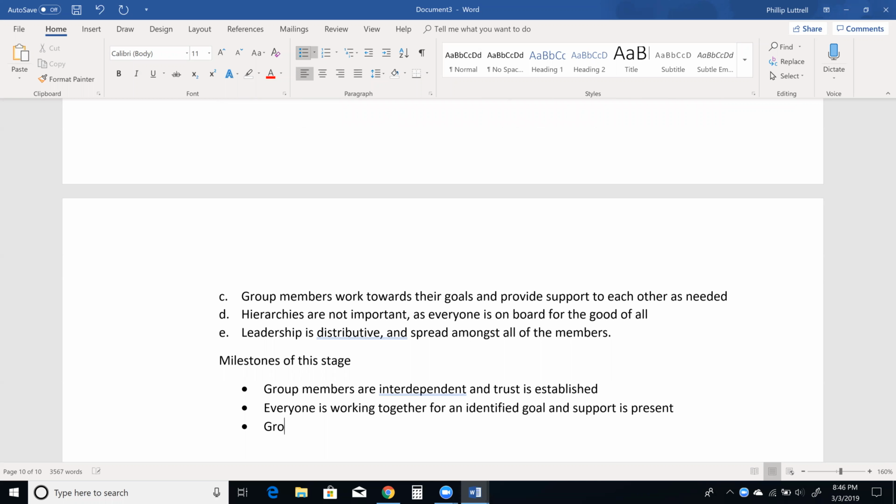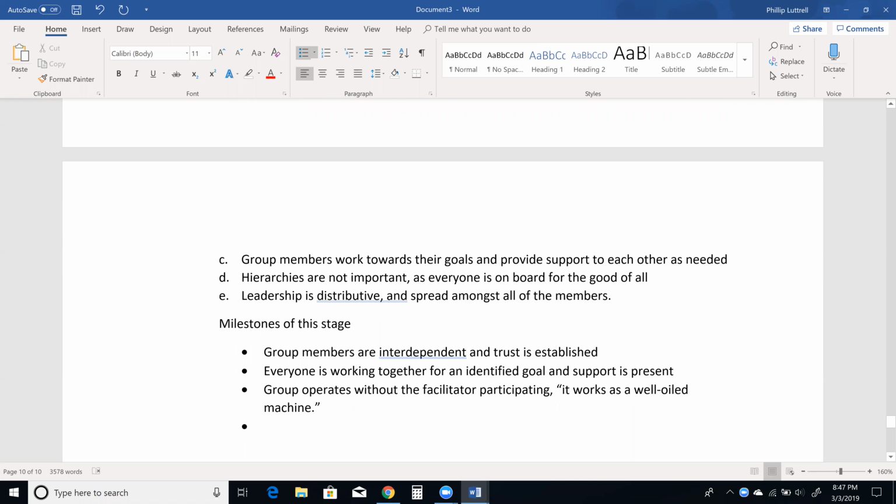And group operates without the facilitator participating. It works as a well-oiled machine. So within this, we reach our fifth and final stage